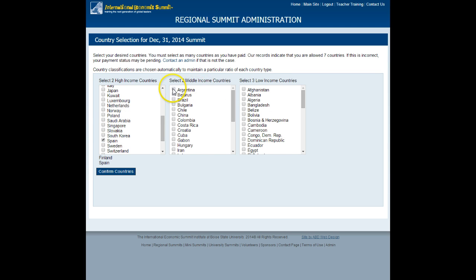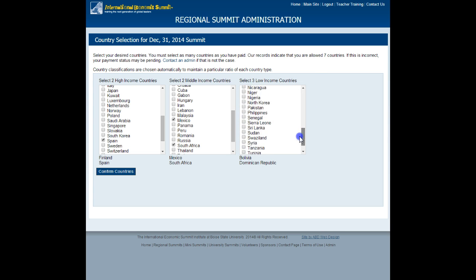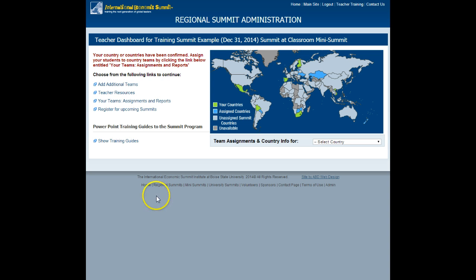And then 2 middle-income countries. How about Mexico and South Africa? And 3 low-income countries. How about Bolivia, Dominican Republic, and Vietnam? Then we can confirm. And it says your countries have been confirmed, and you will see that your countries show up here on the